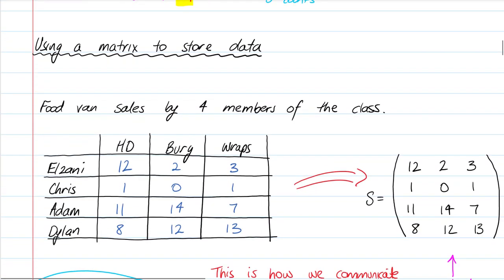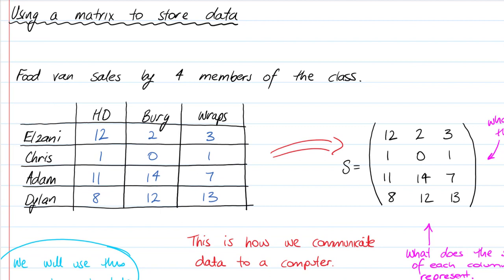Let's have a look at using a matrix to store data. So we're going to talk about food van sales for 4 members of the class. We've got Alzani, Chris, Adam and Dylan. And HD, Berg and wraps, so hot dogs, burgers and wraps, and these are the sales that these 4 students made in a food van. Now we can represent that as a matrix over here. And you can see there's nothing special here. We've just taken Alzani's numbers, 12, 2 and 3, and written 12, 2 and 3 into the top row, and